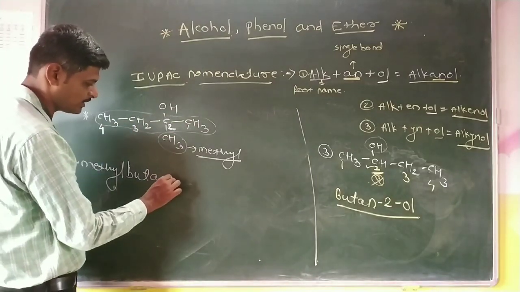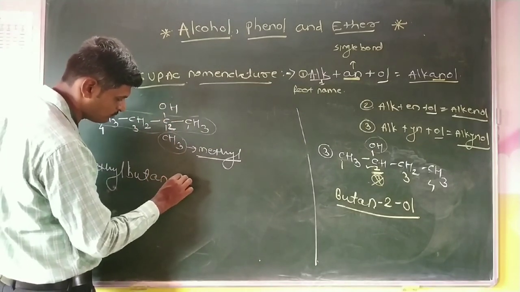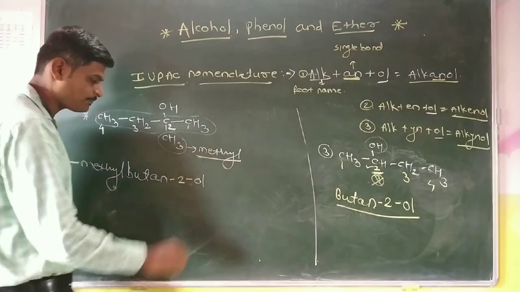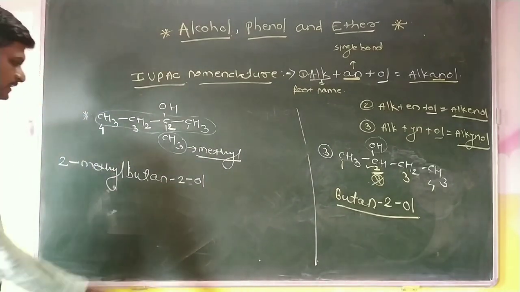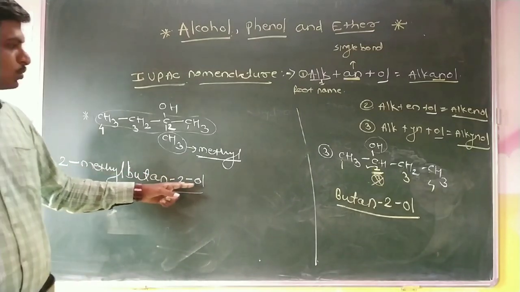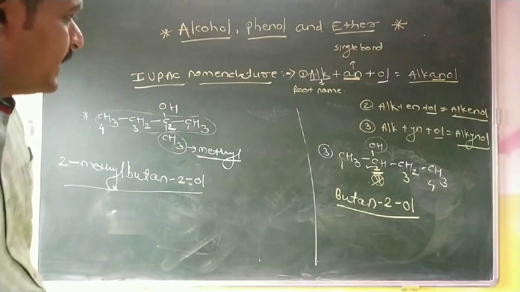The position of this OH should be written here, that means 2, and this is an OL. That is the IUPAC nomenclature of this compound: 2-methylbutan-2-ol. The next example is